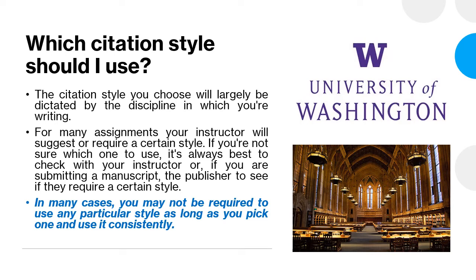So the citation style can be decided by the agency where you are submitting your research work. The supervisor, research guide, or instructor can ask you to use a particular citation style. If you are conducting academic research, in that case, your academic university or institute may ask you to submit your research report in a particular citation style. So the question of which citation style should I use is almost answered by these particular responses.